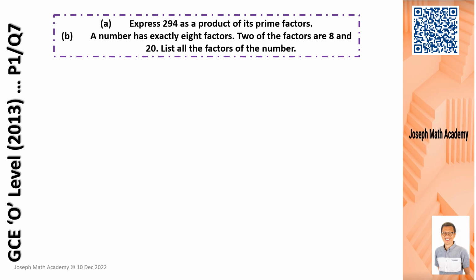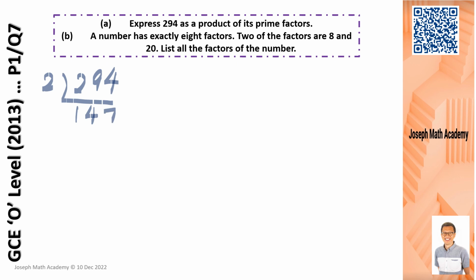So, doing this, we need to use prime numbers 2, 3, 5, 7, 11, and so on. And we have to use repeated division. Okay, all right. So I'm going to do it this way, and we have 294. We all know that 2 is the smallest prime number, so we use 2 first because 294 is an even number, so 294 can be divided by 2. It gives us